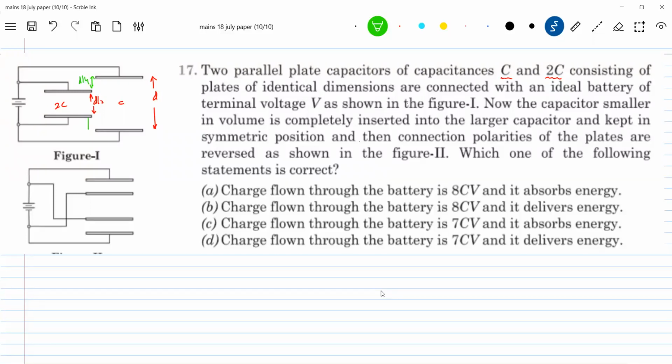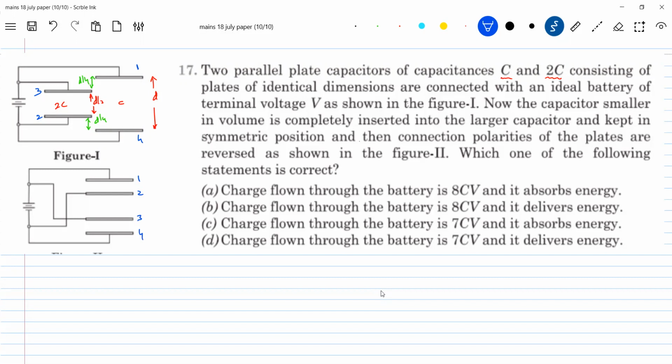This gap should be d by 4. I think once you can make this, then we can enter into the problem. So here, let's give the numbers. This is 1, and let this be 2, 3, and let this be 4, because we are going to rearrange them, no? So after rearranging, it has come like this: 1, 2, 3, 4.